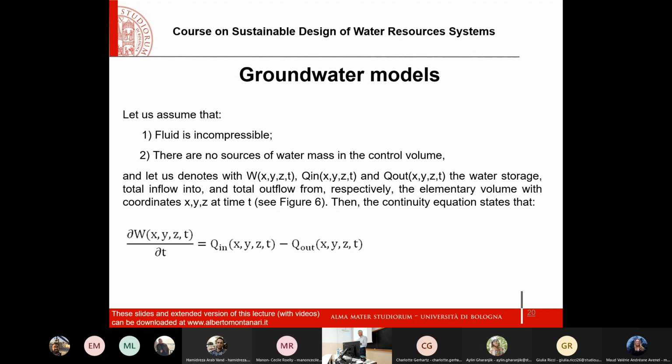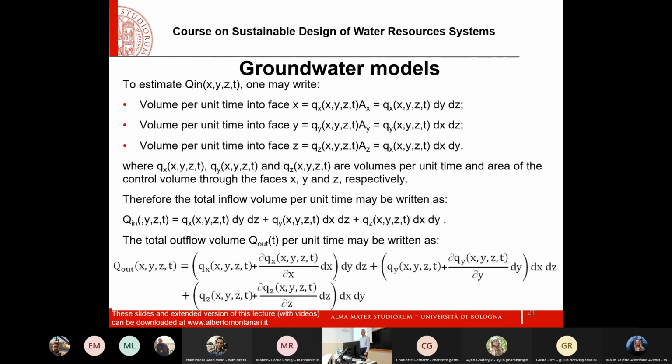But I need to provide a more complicated representation for Q in and Q out. You understand why I need a complicated notation? Because now I need to split this Q in and Q out into 6 components. Okay. So the next slide will be a little bit heavy. But let's read